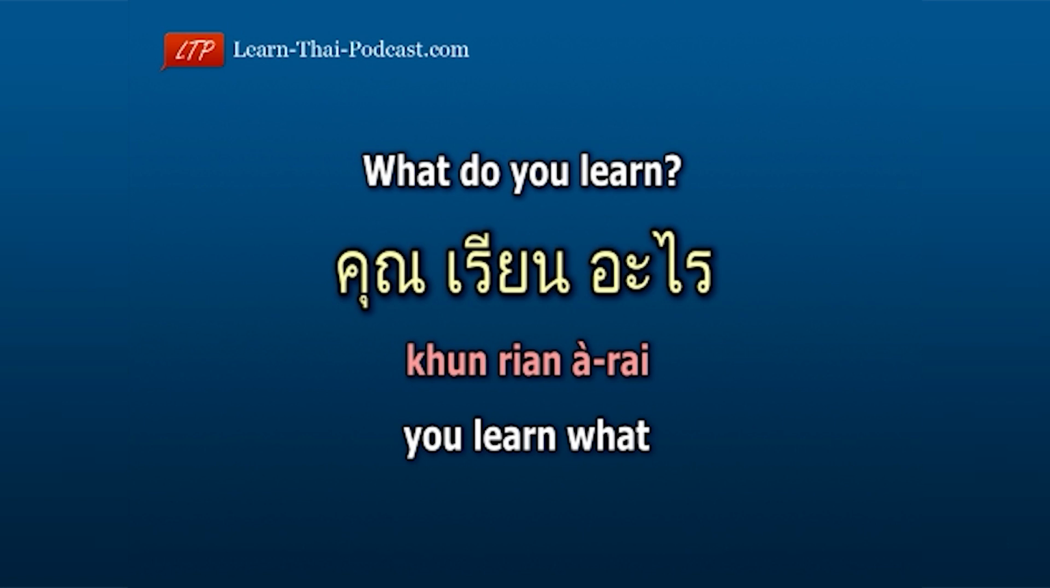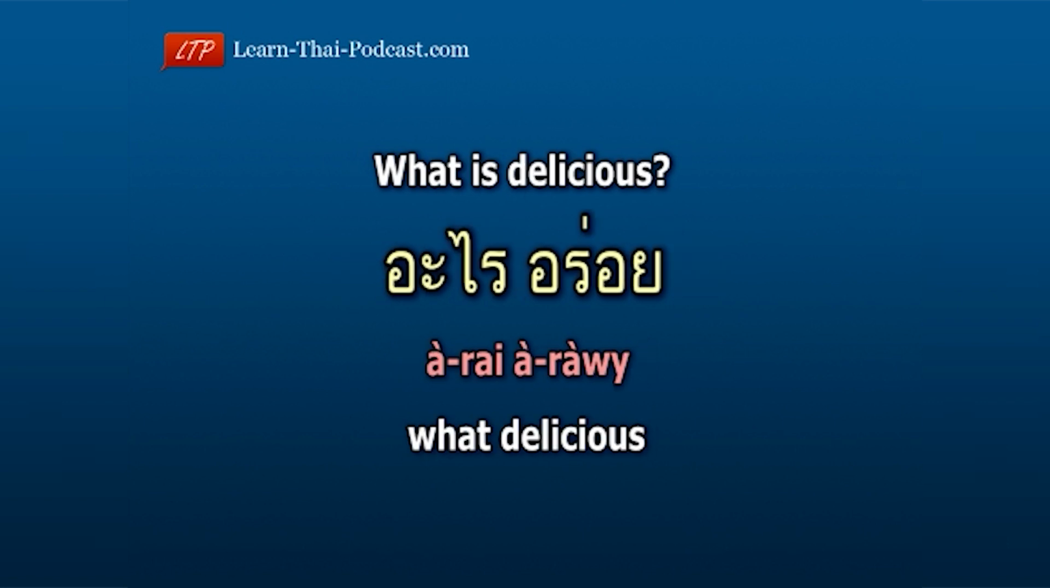Alright, let's try this the other way around. First the question. What is delicious? อะไรอร่อย What? อะไร Delicious. อร่อย What delicious? อะไรอร่อย